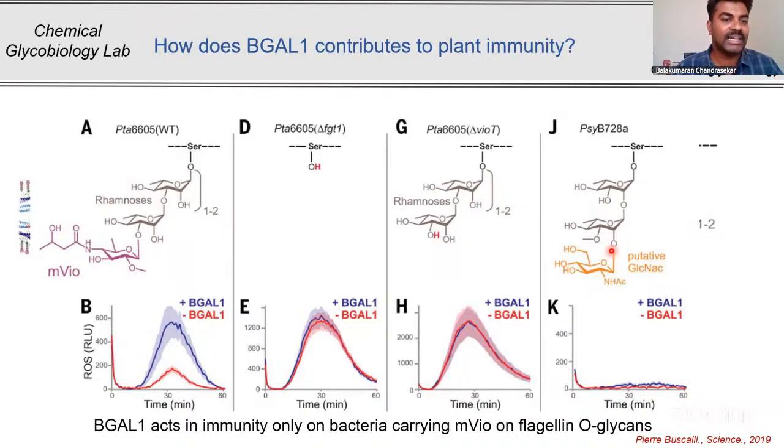And this is an important strategy which a bacteria follows. So in this slide, you can already see the importance of a sugar in bacterial perception, or the importance of a sugar during plant pathogen interaction. Just by a change in one sugar residue, from viosamine to a GlcNAc, the plant is not able to recognize this particular pathogen, leading to more susceptibility. Whereas when you have a viosamine, this viosamine can be cleaved by the B-gol enzyme, leading to the huge production of the elicitor, which is released from the bacterial flagellum.